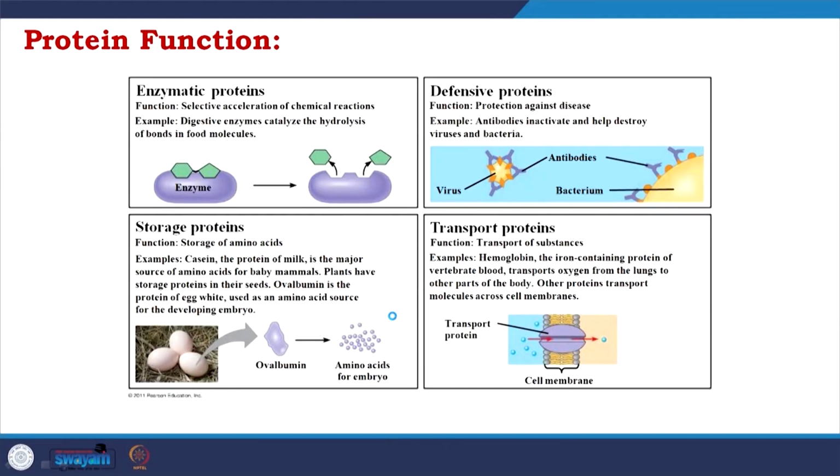Proteins function. Proteins are generally of 2 types. One is called functional protein. They are also called enzymes. So, enzymes are used for selective acceleration of chemical reaction. Very interesting. If you think your body is a chemical factory, but your body has to maintain